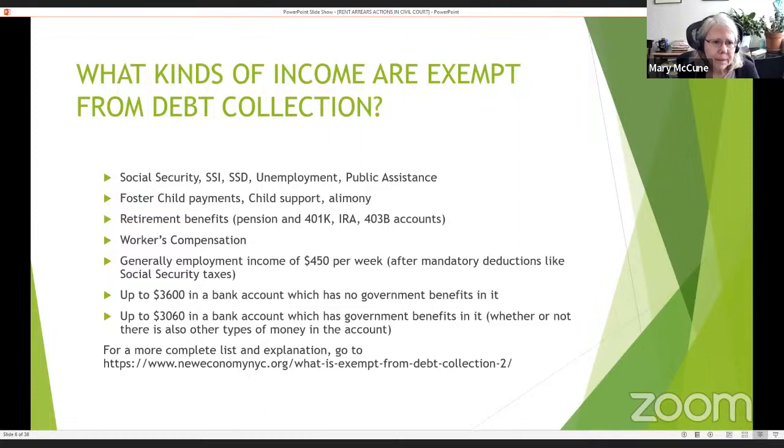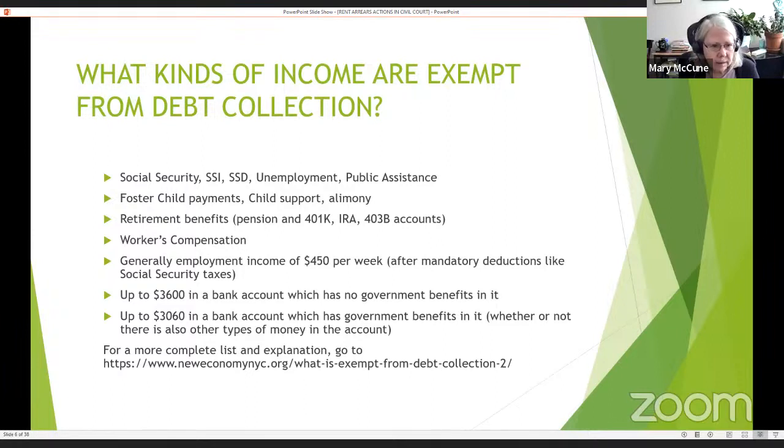So a lot of people don't know what kinds of income are exempt from debt collection. So I made this little list. These are not the only types of income that are exempt, but these are the most common ones. Social Security, including just retirement, Social Security, SSI, SSD, other government benefits such as unemployment, public assistance, often COVID relief,